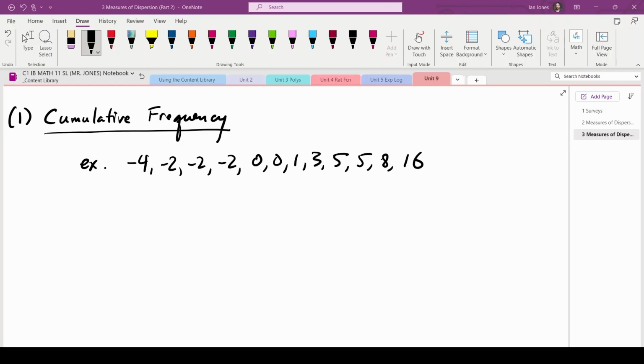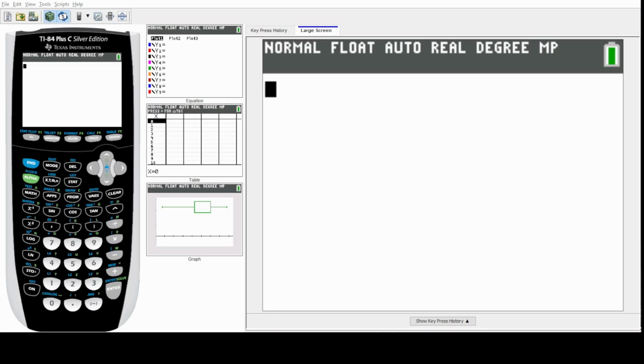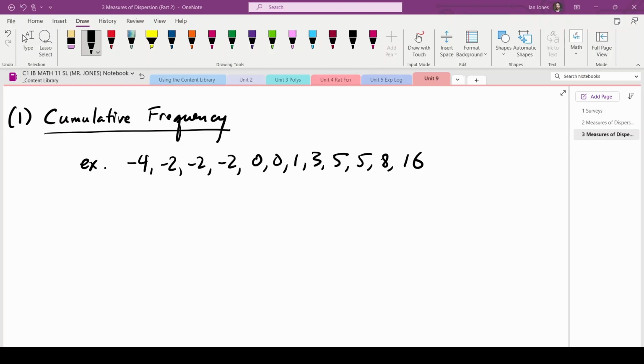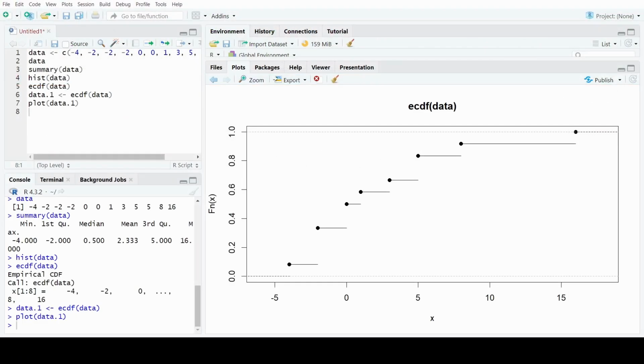As soon as we hit -4, our cumulative frequency jumps up to 1 because we have one data point that is -4 or smaller. And if we go a little bit to the right, you can see it's still at 1 even when we're at -3 because we have one data point that is at -3 or smaller. And then when we get to -2, it jumps way up to